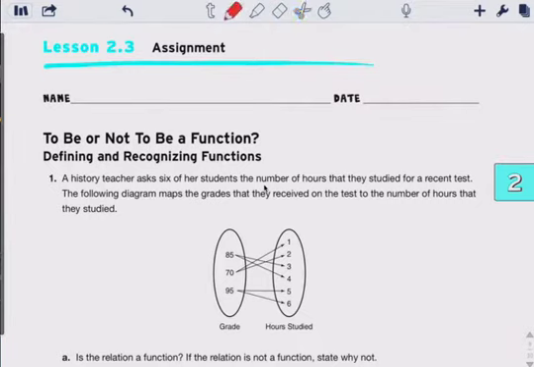I don't know what's going on with this. 9, the 10th, and